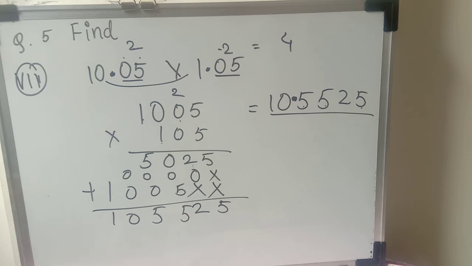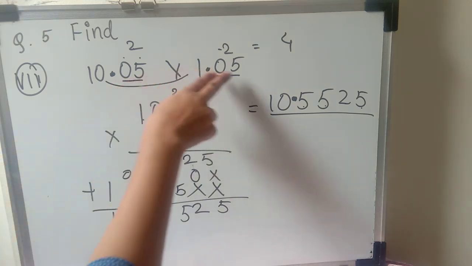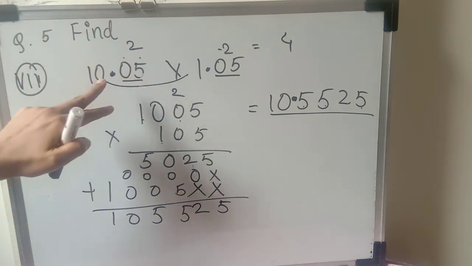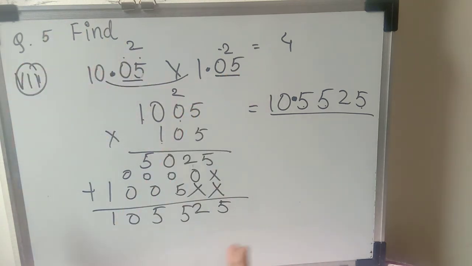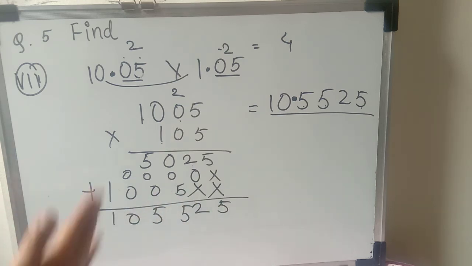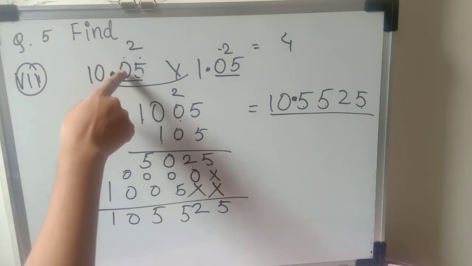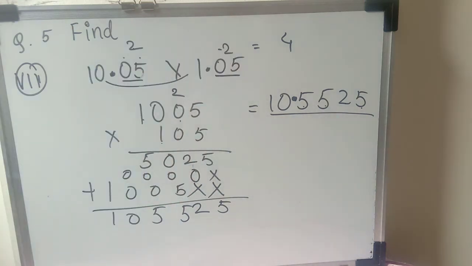Okay, I hope you have understood now. This is very easy. You just need to think about when you have to put the decimal. You have to count the decimal digit places. Okay, how many places are there, 1 and 2 in the first example, and in the second example also there are 2, so you have to add those digit places, not the numbers. You don't do 5 plus 5. You count how many digits there are, 1 and 2, and add those numbers.